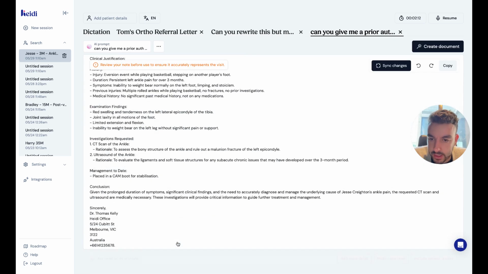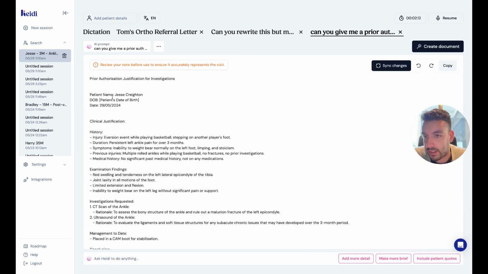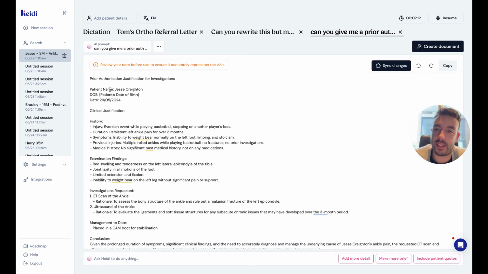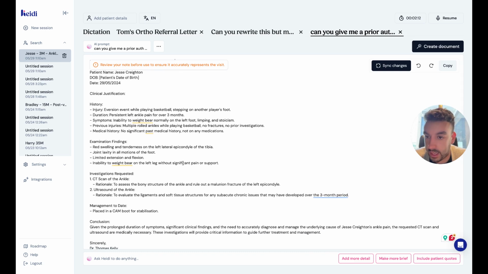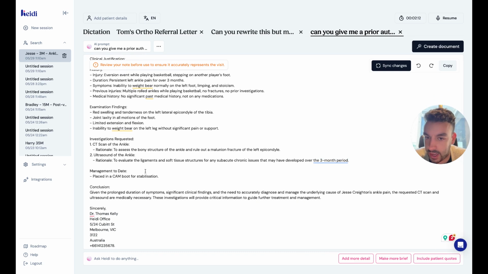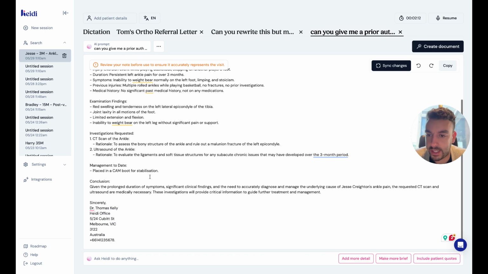Yeah, and I'm going to replace the note, and perfect. Now it's removed the asterisks for me. And of course, you can still achieve these things with a template, but maybe I actually quite like this. So it's got the history, the examination findings, the rationale of why I want these investigations done,